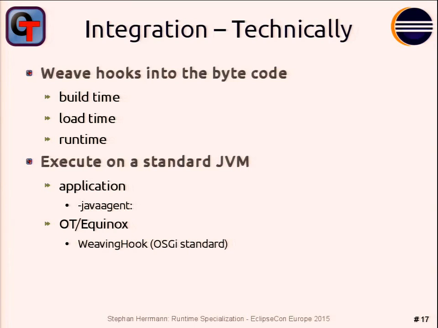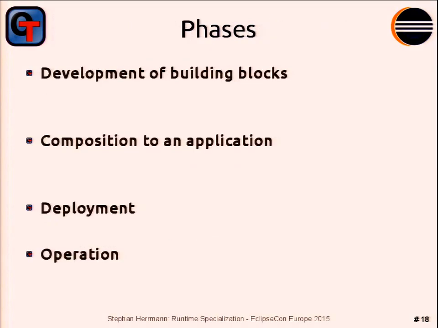It runs on any standard JVM, and there are two different integrations for standalone applications. You just have to add a Java agent to your command line, and if you're in some kind of Equinox setting, it's even just a standard OSGi weaving hook that we're leveraging, and that brings in all the possibility to do the bytecode weaving. And so this really is my summary slide,